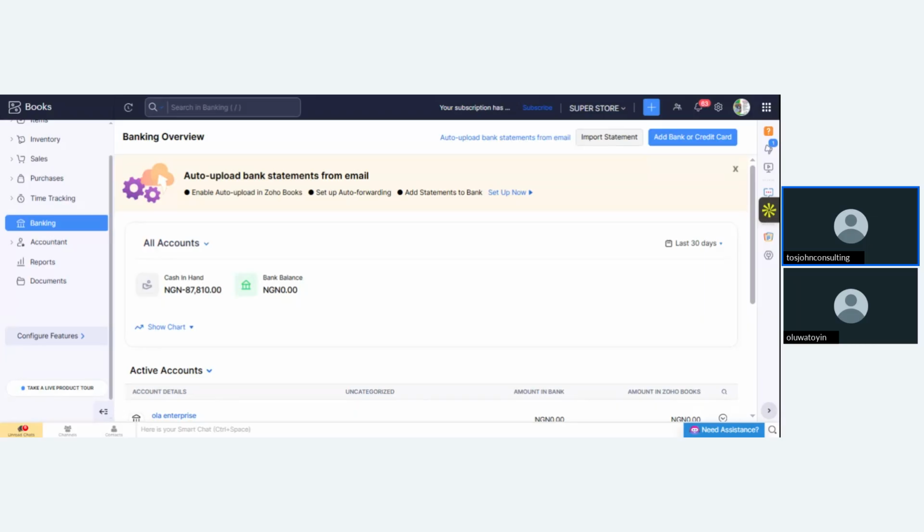So some people confuse that filing with paying. Filing means you present it. You are presenting my business result sheet. You file it to the e-tax platform, but you will not pay. Do you understand?